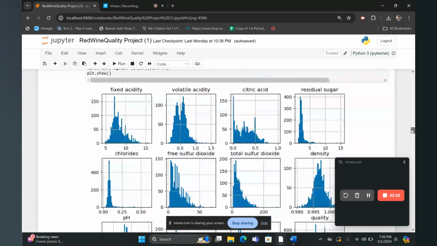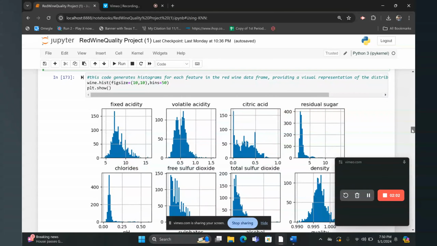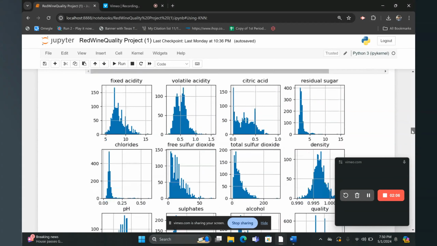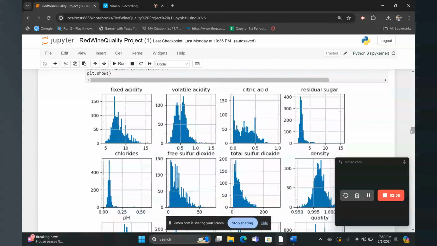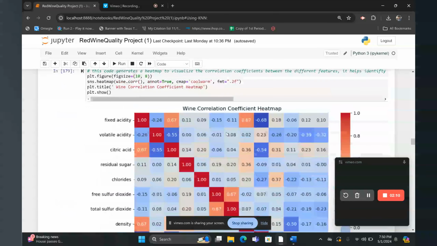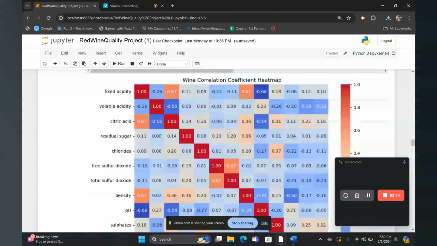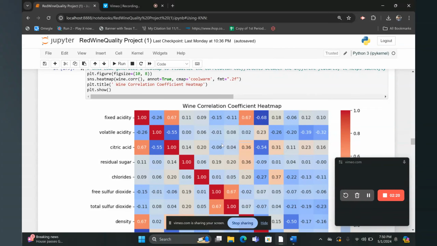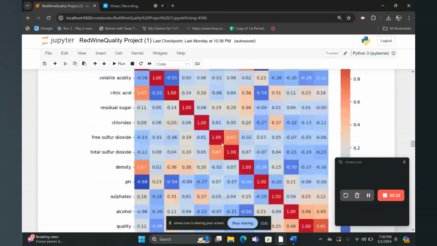In this part, the code generates histograms for each feature in the red wine data frame, providing a visual representation of the distribution of numerical features. This part generates a heat map to visualize the correlation coefficients between the different features. It helps identify which features are positively or negatively correlated with each other, aiding in understanding the relationship between the